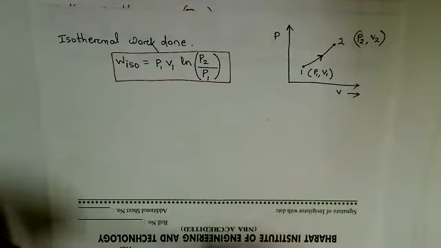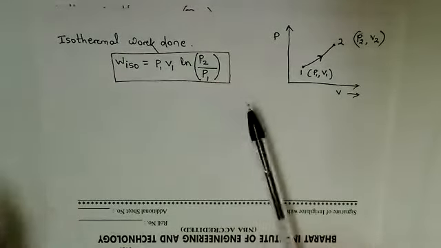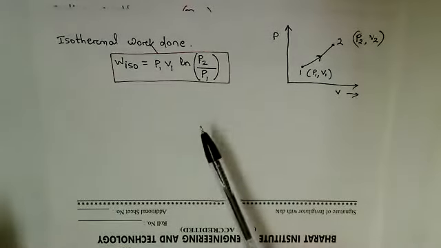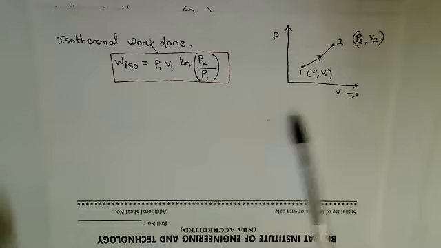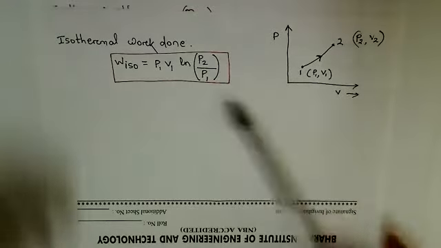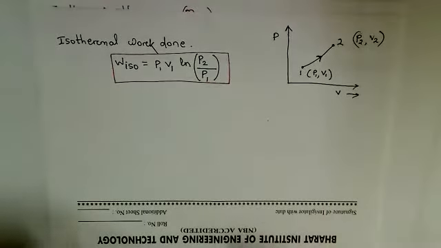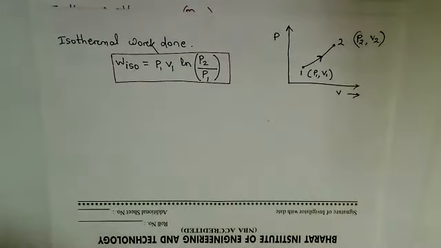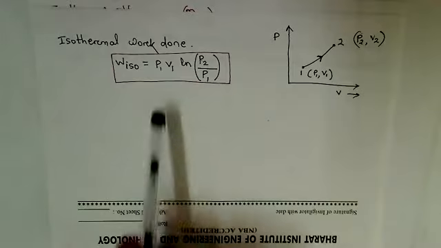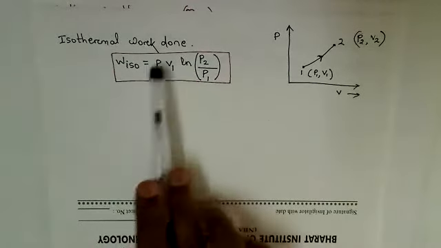Okay, there is also one proof if you want. By considering the ideal gas equation PV equal to mRT, we can derive this formula. But for the timing, it is not required. All this derivation you have already studied in thermodynamics by Guru Shankar sir. So this is the formula to calculate isothermal work done.